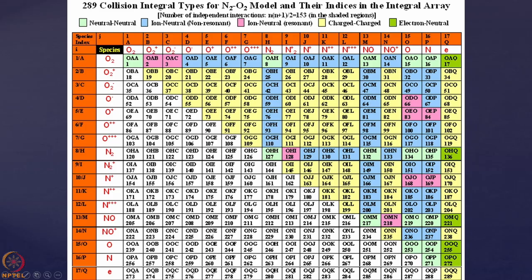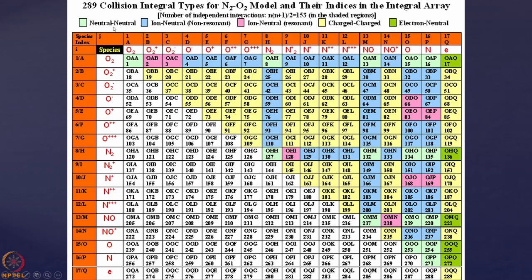Now, you know that when A interacts with B and B interacts with A, if you consider them as similar, then only the upper diagonal elements, not the diagonal, the upper part of this diagonal, that colored zone, need to be considered, and you can say that the interaction AB is the same as the interaction BA. So, considering only this much interaction is sufficient. This reduces your complexity by half. Okay. And that is quite realistic also. Now, the issue is that the interaction is not of the same type.